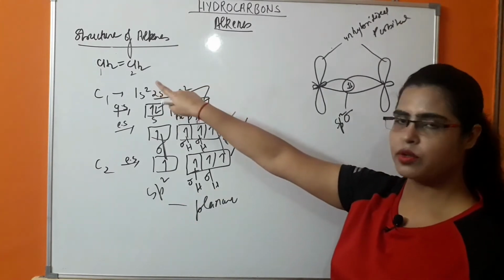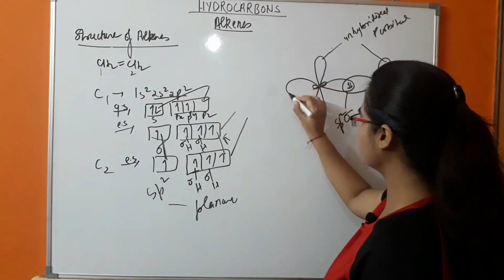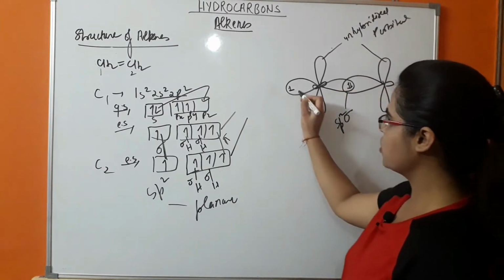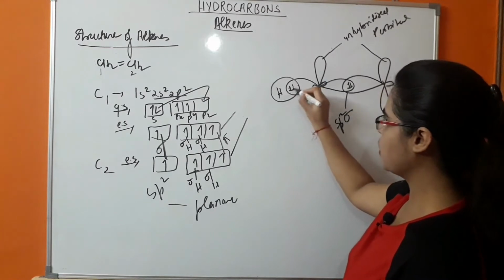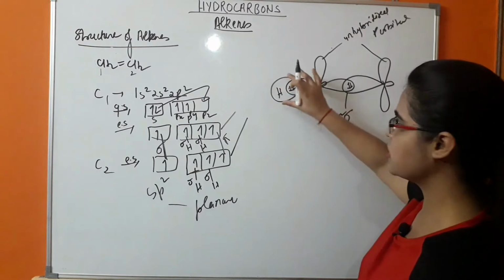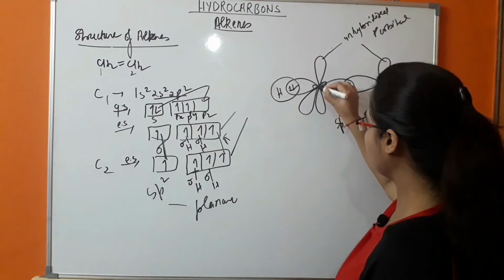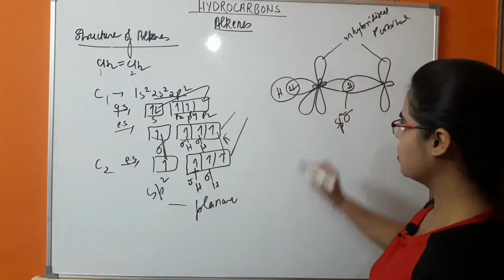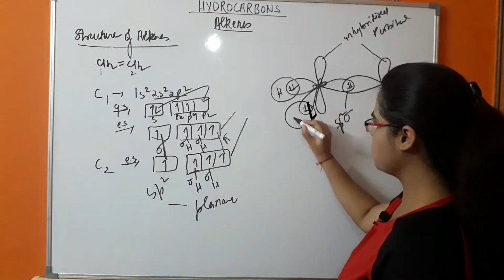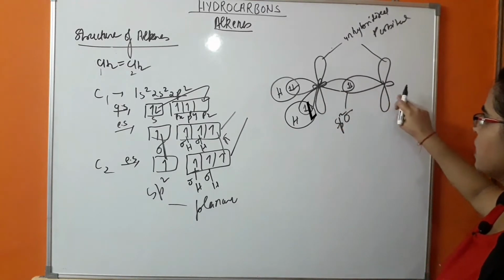So there are 2 hydrogens which are bonding with each carbon. So what will happen? The next orbital will be this. Okay, in this there is one electron which is bonded to the hydrogen, because the electron of hydrogen is present in the s orbital, so the s shape is spherical. Next p orbital, this is the second p orbital of this carbon in which there is one more electron. So there will be one more sigma bond with the hydrogen. Okay, this is the first carbon, this is the second carbon.